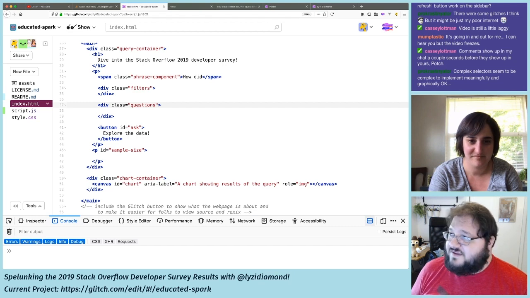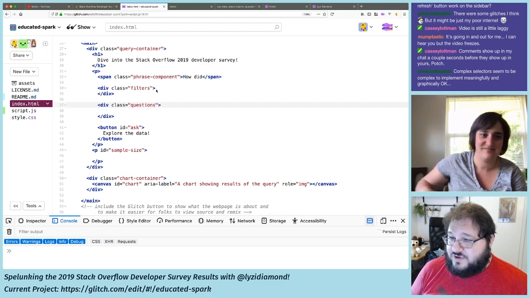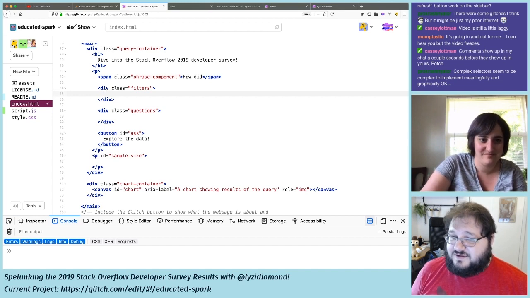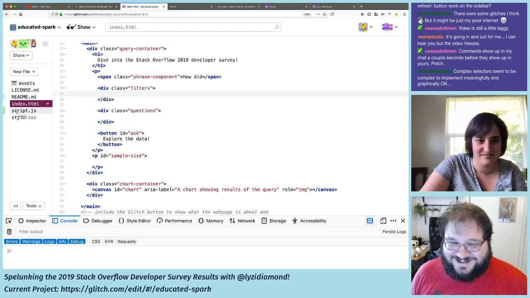So now we have this filters object, which by default contains nothing, but we want it to. So we're going to make it do that. And so the filters is going to be,